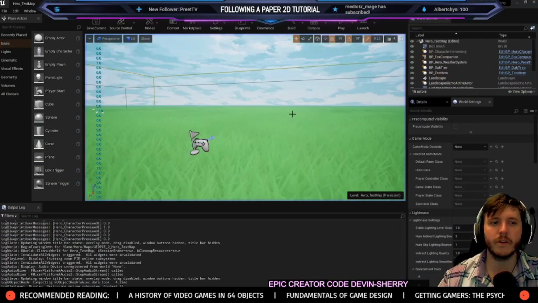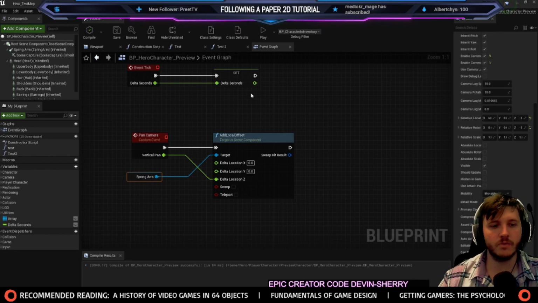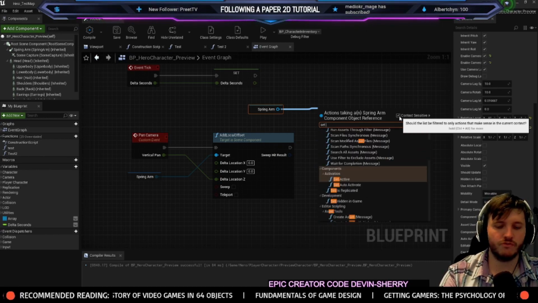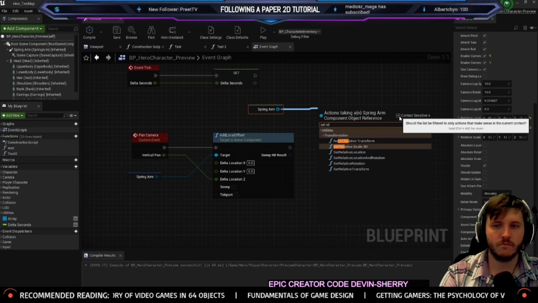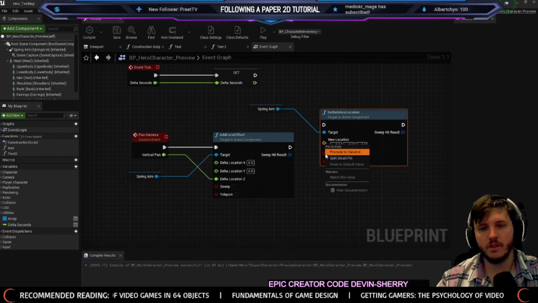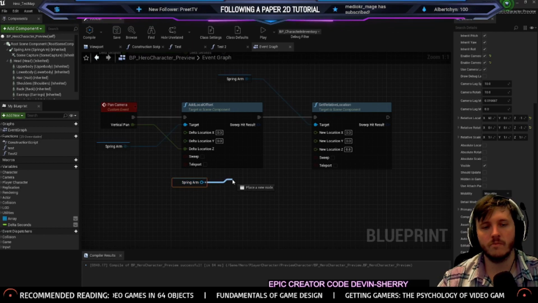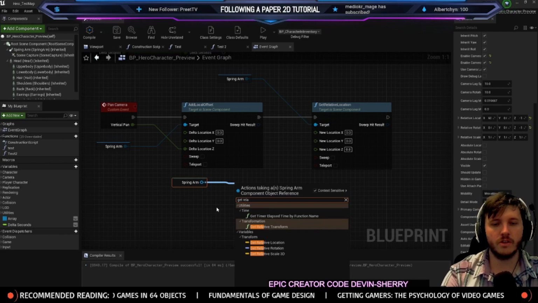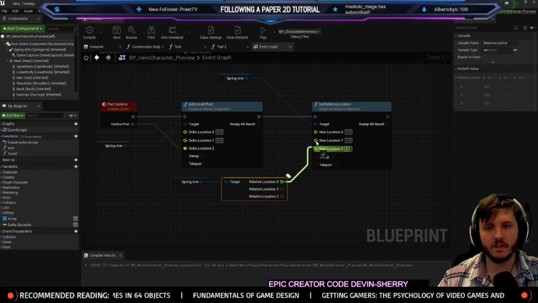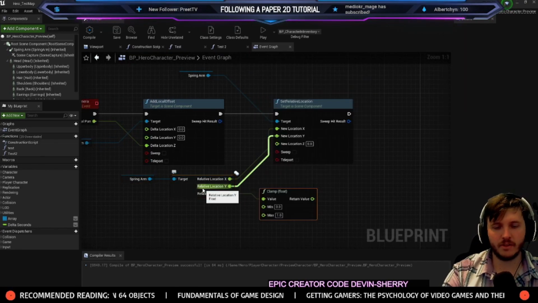So I'm wondering what is the best way. Can I do something like this where I do set local, like set relative location, I should say. Get relative location. Pass in X and Y for right now. And then can I clamp this? So like,